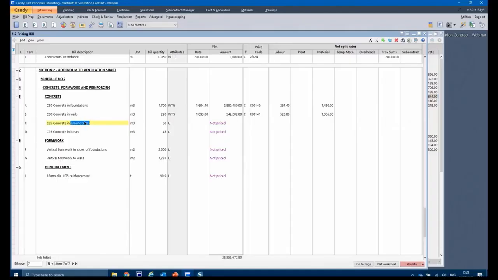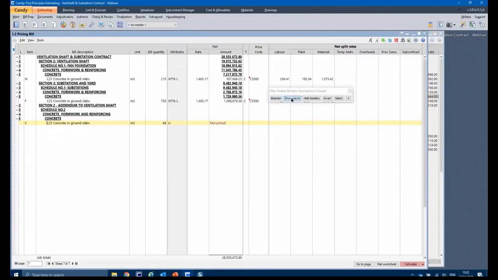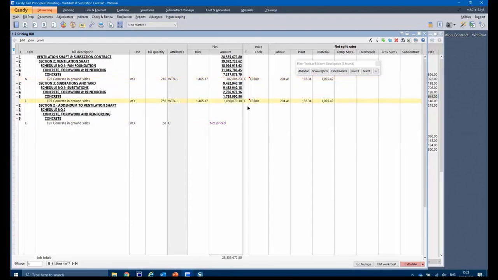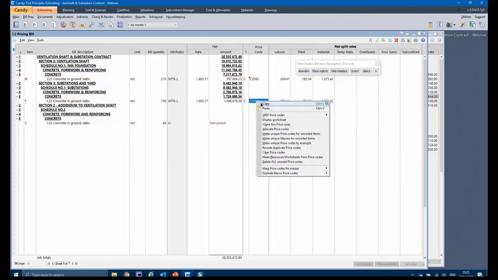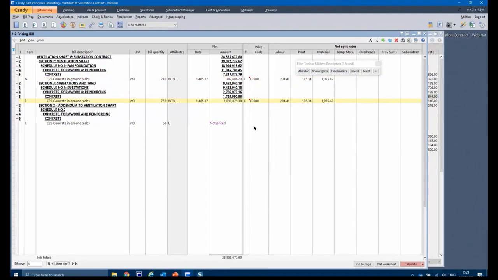So I can filter for that. And you'll notice it's been used in the vent shaft and it's been used in the substation. So if I want to reuse that price code, it's a matter of copying that same price code and pasting it on the new item in the price code column, and you'll notice that rate build-up is now copied.